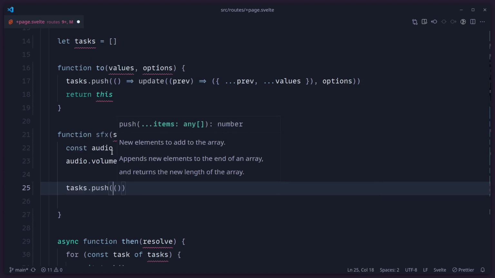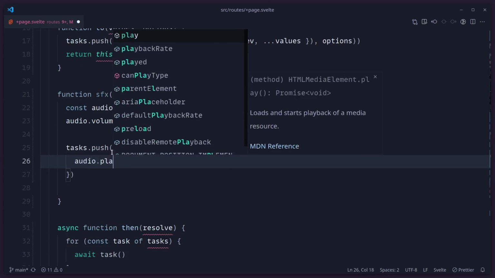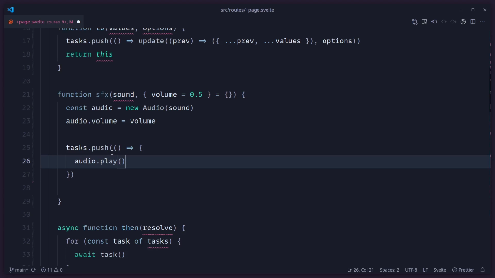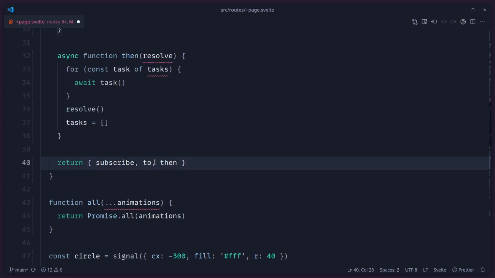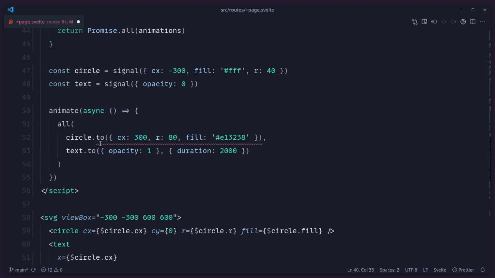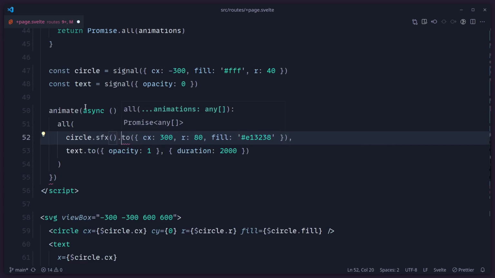So we're going to say push. And that's basically it. So now we just need to say audio.play, but there is one problem. Media files can't play automatically on the internet because you need to interact with the site. This is to prevent sites from being too obnoxious, right? So I'm going to show you that in a second, but let's not forget to return a reference to itself so we can chain this, right? That's basically everything you need to do. So here we also return this function and let's also use this sound right now. So maybe circle, when it's going to go to the right, maybe I want to use a sound effect, which is a swoosh. So we can use a transition.